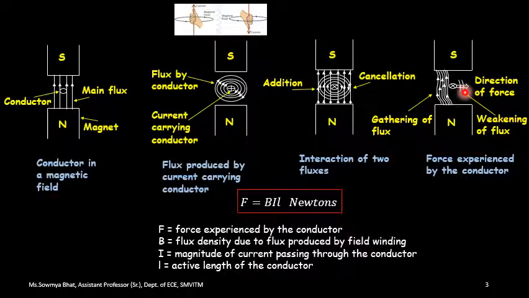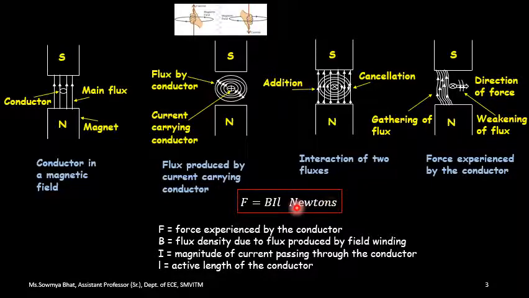So whenever there is a distortion, obviously there is some force acting upon that. So in order to determine the direction of the force, we are making use of Fleming's left hand rule. So from the Fleming's left hand rule, we know that the thumb points the direction of the force, whereas forefinger points the direction of the magnetic field, and middle finger points the direction of the current. So depending upon that, we are going to determine what is the direction of the force. So now that particular force, whatever is experienced by the current carrying conductor, is given by an equation F is equal to BIL Newton.